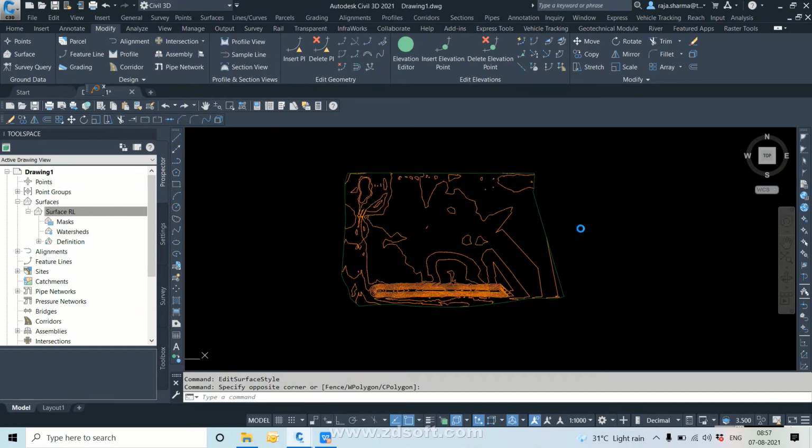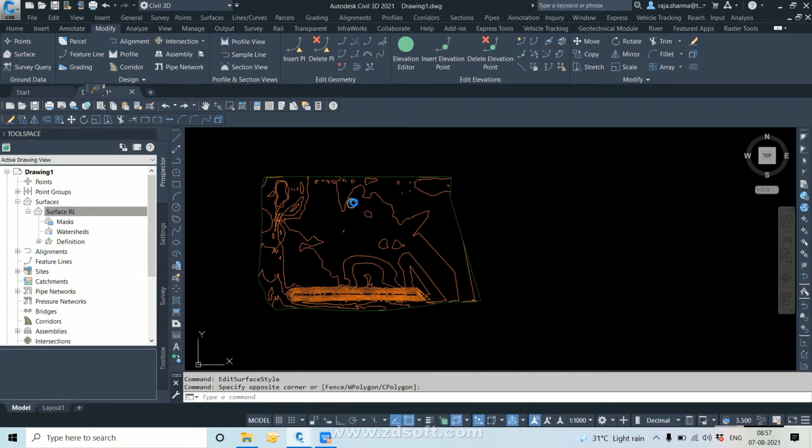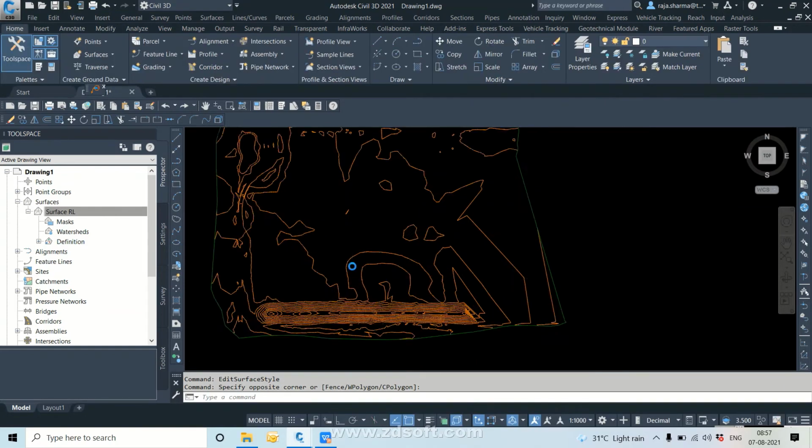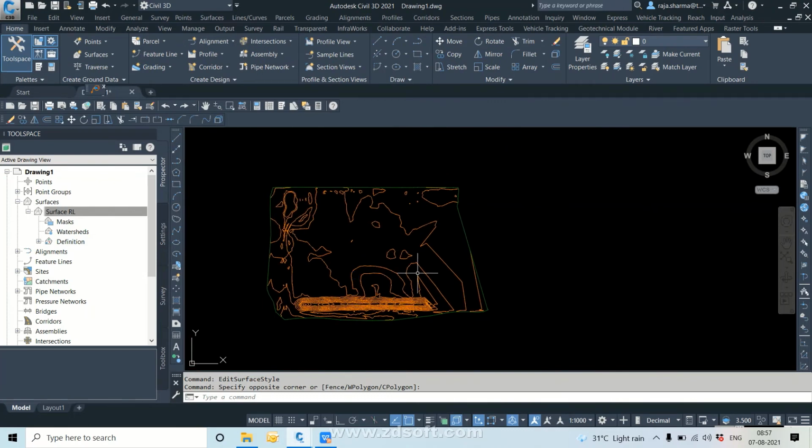This is how. See, now the elevation editor is already over here. If you want to see the elevation, which place have the elevations over here. Now, which place you need the elevation and you want to check the elevations, the elevation editor, the slopes, the arrows and the designs all will come into the third video, which I'm going to create, and very soon I'm going to give you the third video.